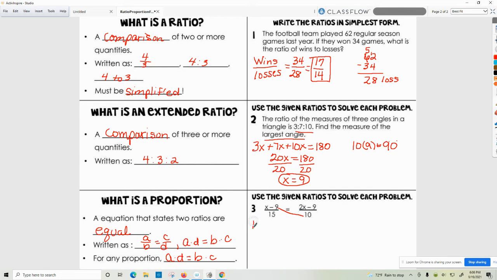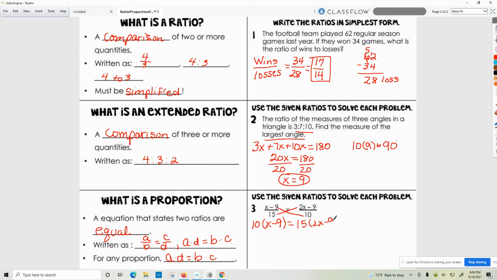So it would look like 10 times that x minus 9 equals, well, when I multiply 15 times the 2x minus 9, once again, I've got two terms. So I would take my 15 times that